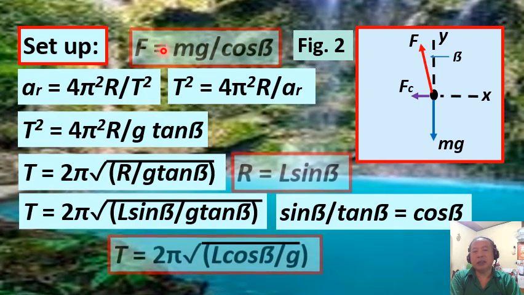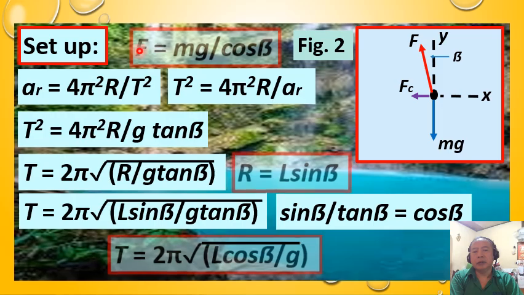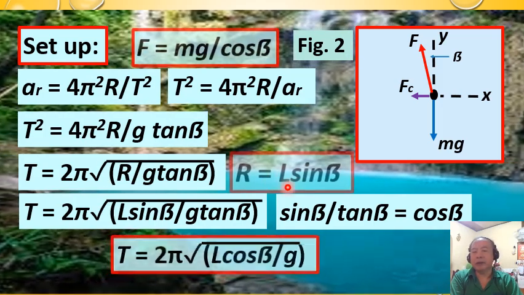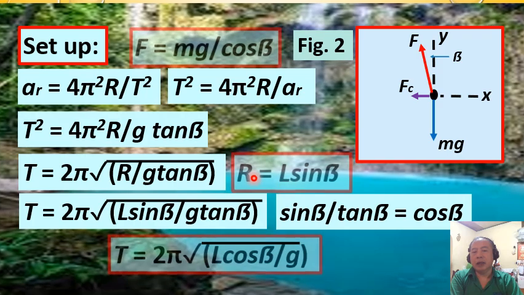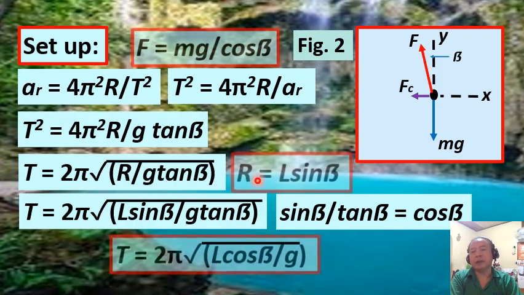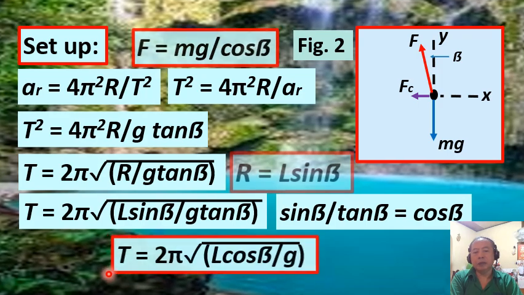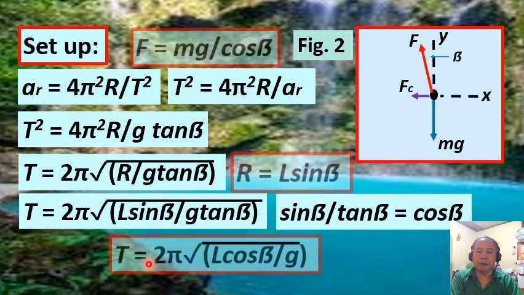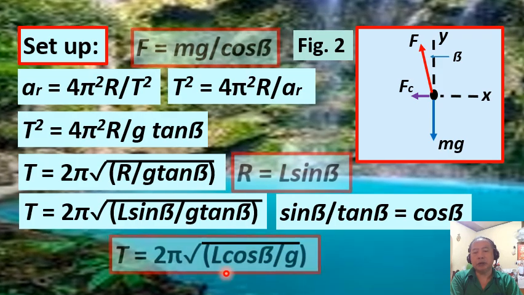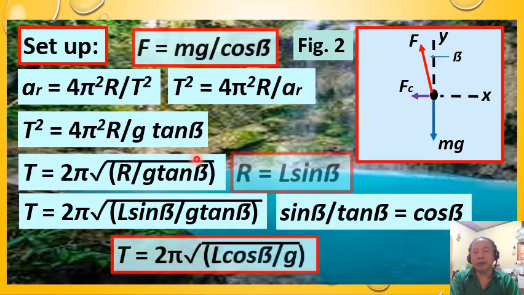So this is 3. The working formula for the tension force F, the formula for finding the radius of the circular path, big R, and for the period of revolution, capital T. These are the 3 working equations that we need in answering our questions.